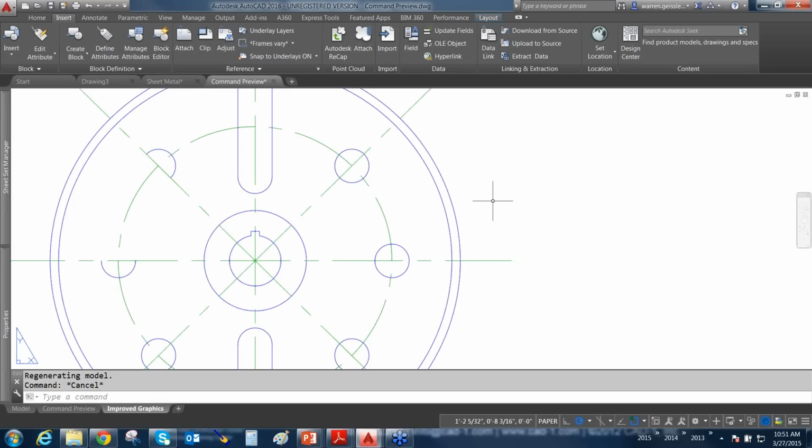Oh, good question. I don't know. I would guess probably the Navisworks. The Navisworks probably not, because LT doesn't support 3D very easily, but I don't know the answer to that. Otherwise, I believe that most of the updates are available in both AutoCAD and AutoCAD LT, but LT doesn't support 3D, so...